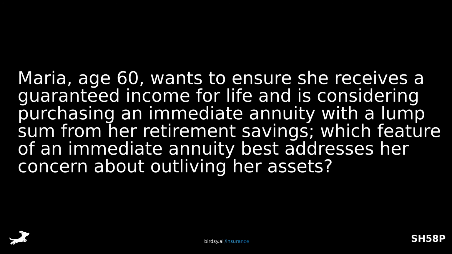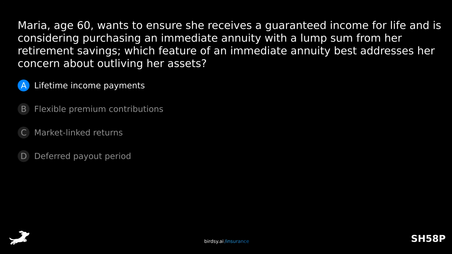Maria, age 60, wants to ensure she receives a guaranteed income for life and is considering purchasing an immediate annuity with a lump sum from her retirement savings. Which feature of an immediate annuity best addresses her concern about outliving her assets? Is it A, lifetime income payments, B, flexible premium contributions, C, market-linked returns, or D,